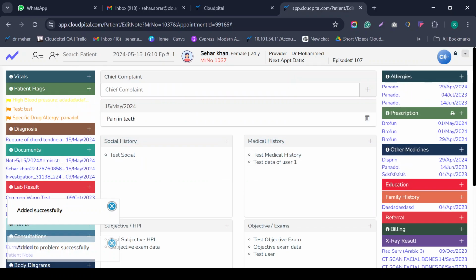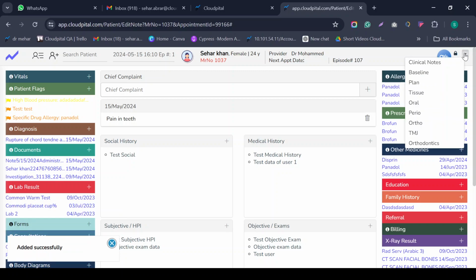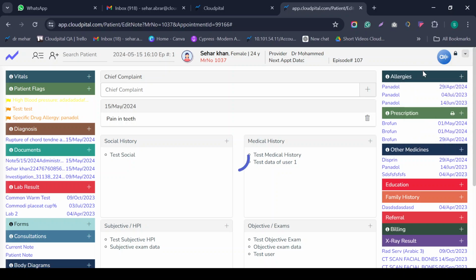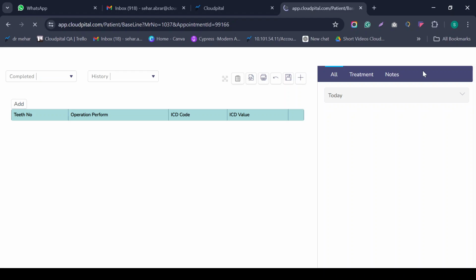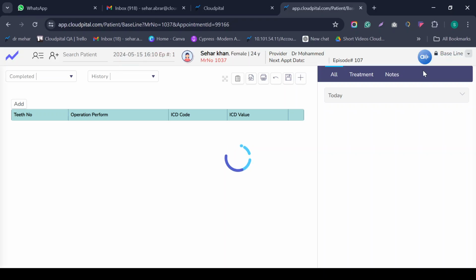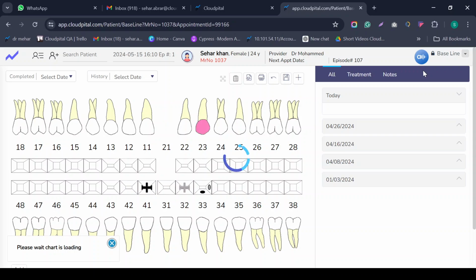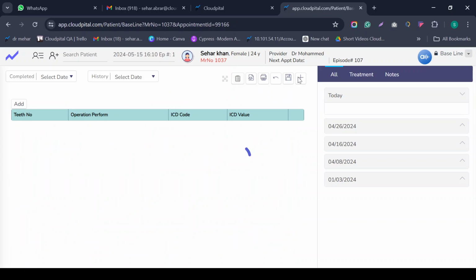In that, all of the dental specialty features and their subspecialty permission scheme will be shown. I'm currently explaining the baseline, the initial stage of dental care, where the doctor examines the patient's teeth and then makes different steps, like which option will be best for this tooth and which option will not be best for this tooth. Here we can maintain and schedule our initial process. We just need to click on add new.